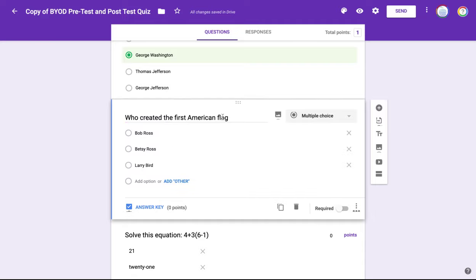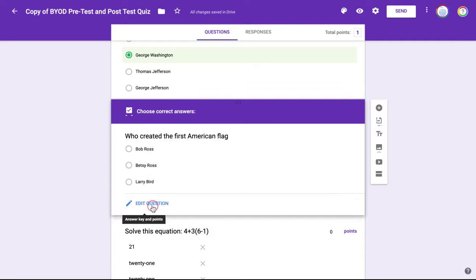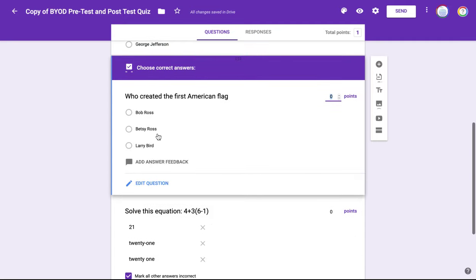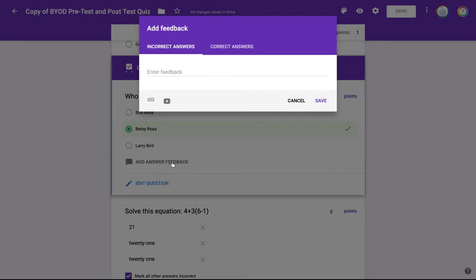All right, so here I have a question created. Who created the first American flag? Bob Ross, Betsy Ross, Larry Bird. I can add an other if I want the kids to be able to add something on their own. But right here, I'm going to hit the answer key, and I'm going to choose Betsy Ross. And right here, I have the option to add answer feedback. This is one of those items that in John Hattie is up at 0.74 for the effect size. So for incorrect answers, I can enter feedback that says,